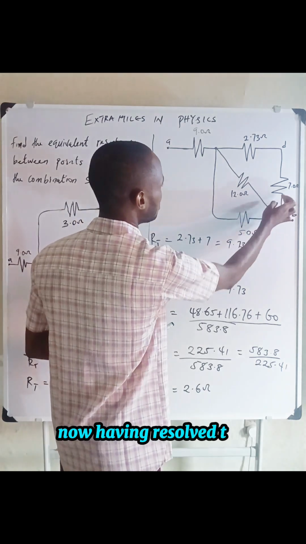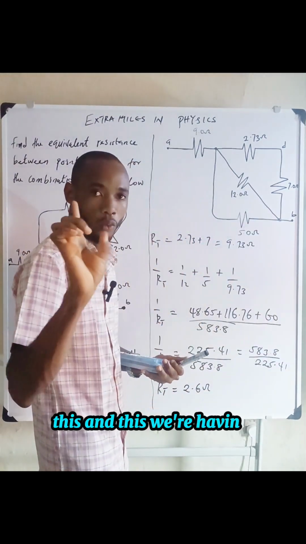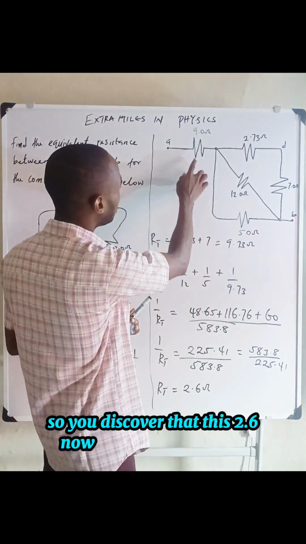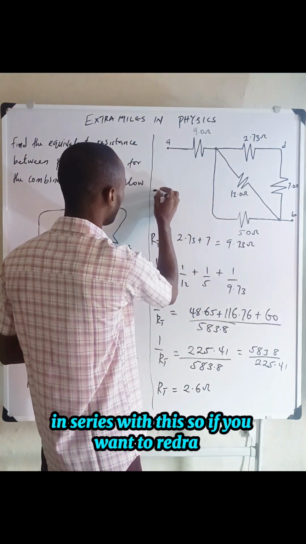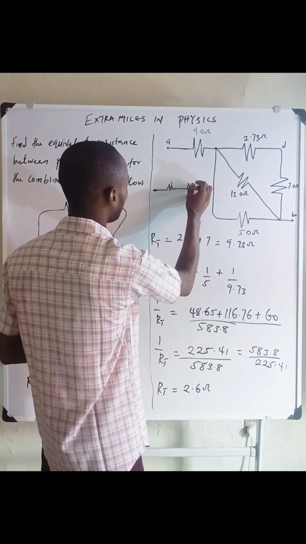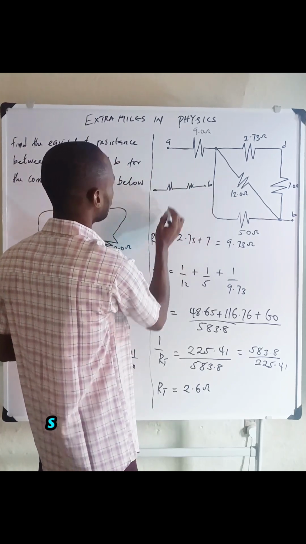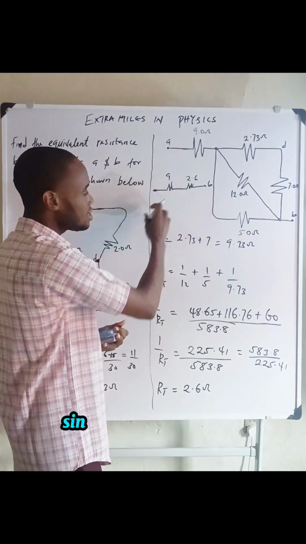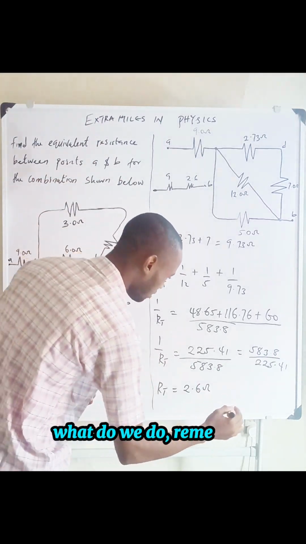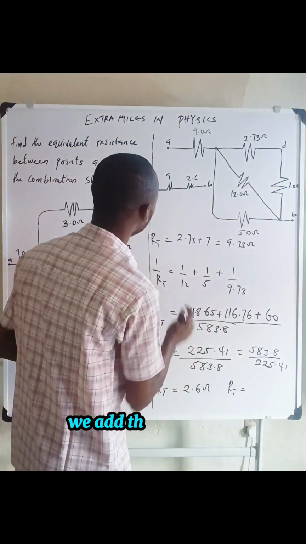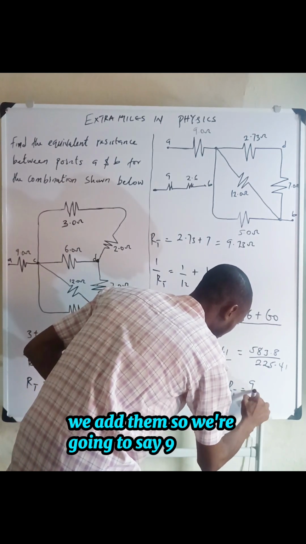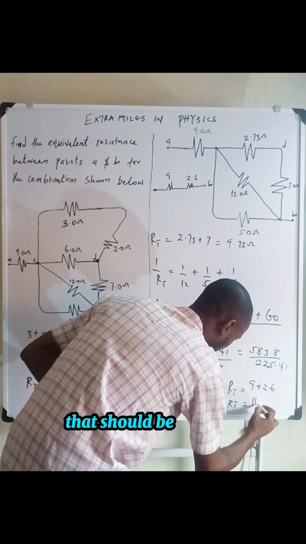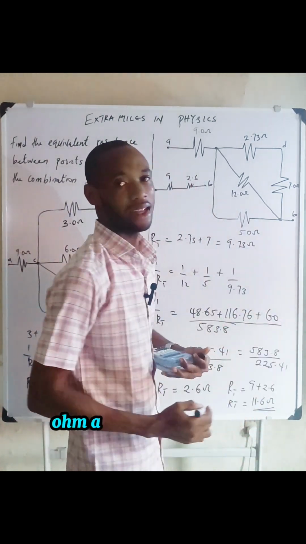Now, having resolved this and this, we have one equivalent resistance, which is 2.6. So you discover that this 2.6 will now be in series with this. So if you want to redo, you can have something like this, where here is 9 and here is 2.6. Since they are finally in series, remember, for series, we just simply add them. So we're going to say 9 plus 2.6, and that is giving us, that should be 11.6 ohm, and this becomes